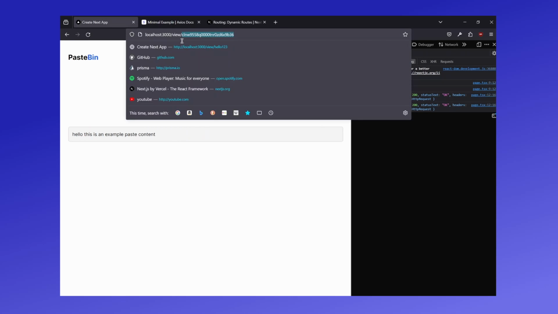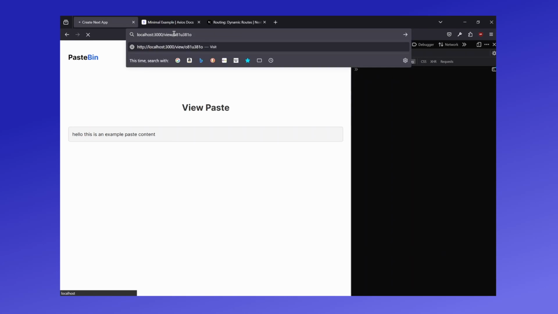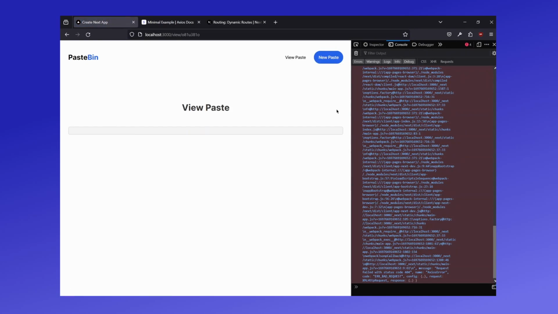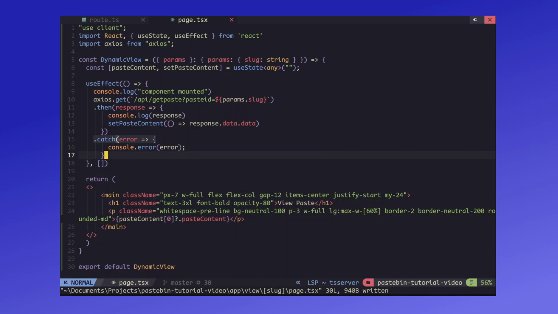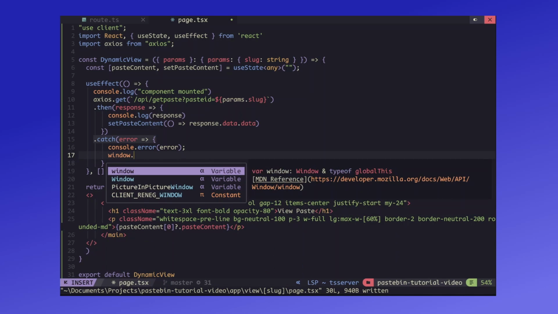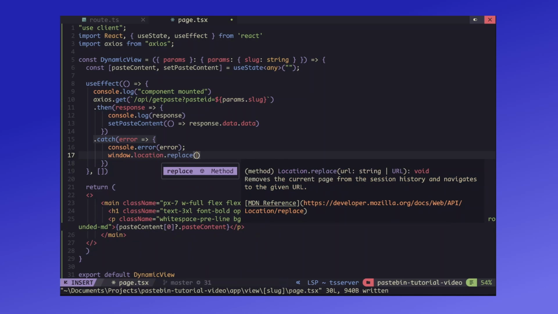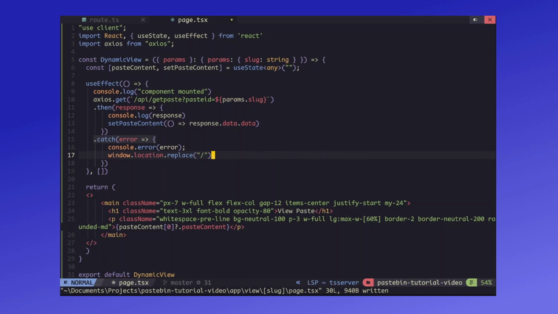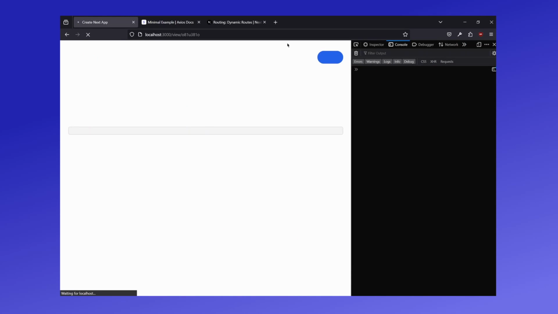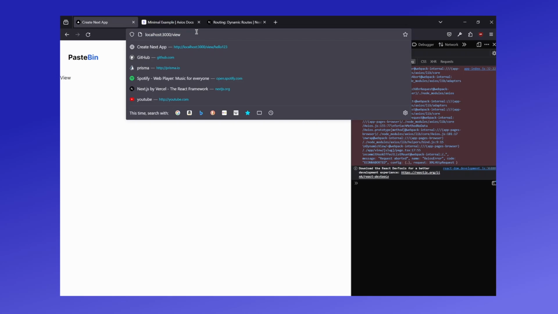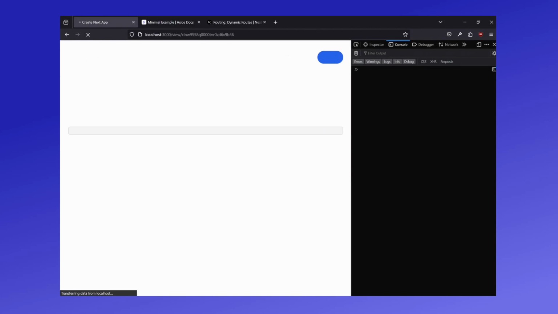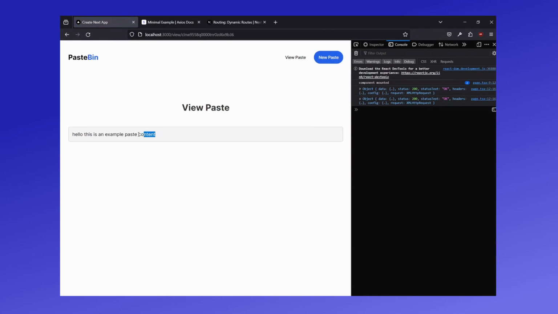So now what do we do if there's an error because this paste does not exist? So I guess we can just do a window.location.replace, then just slash. So now as you can see, it's just replacing me all the way back to the home page. If I go to view slash then a real ID, we can see that hello, this is an example